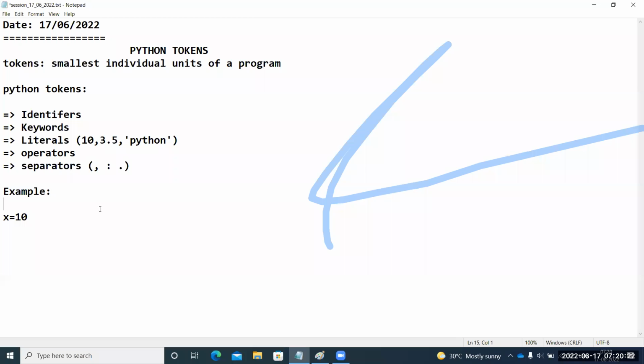So this is a valid Python statement. Do you agree? Now, what are the tokens in this, guys? Can anybody tell? First one is X. X is a name of a variable that falls under this category of identifier. Let me write like this. How many spaces you give doesn't matter, guys. There will not be any error, because at the first phase in the compilation or interpretation, it removes all these unnecessary extra white spaces, guys.